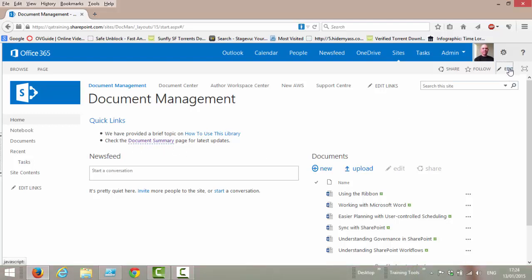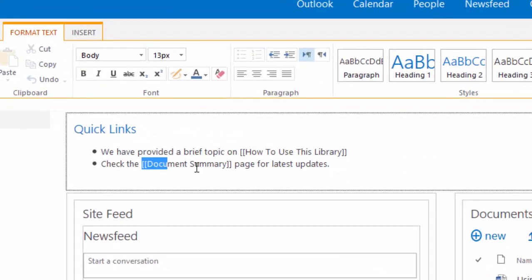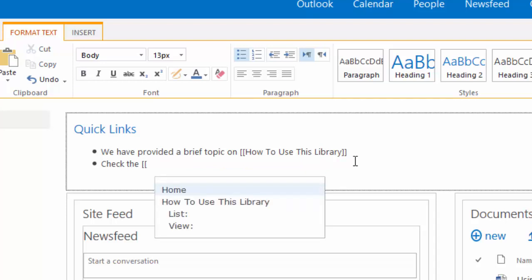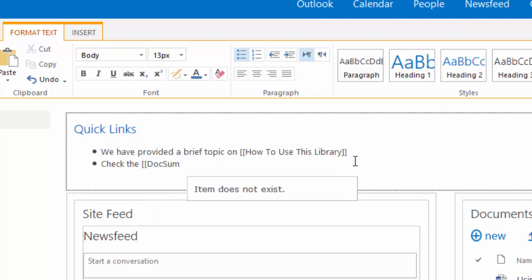I'm going to edit the page and I'm going to readdress this nice and clearly so you can see what I'm doing. So open up the two square brackets, and this time I need to put in the name that I would like to give to the page itself, the file name. So I'm going to call this docsum. But I don't want that to be the name that's presented as the link. So what I use is the pipe key